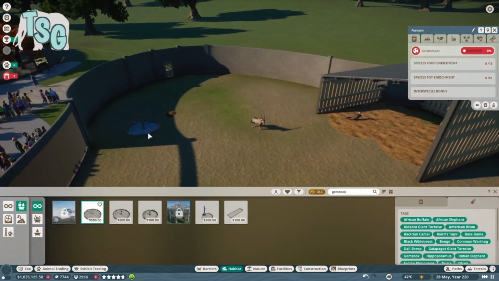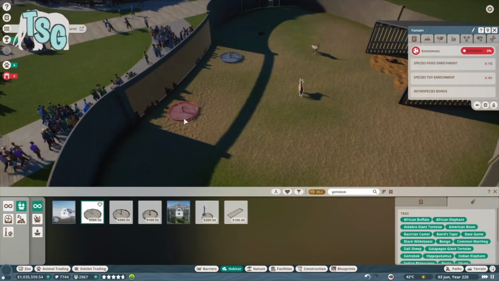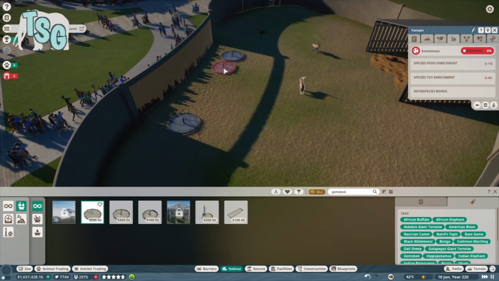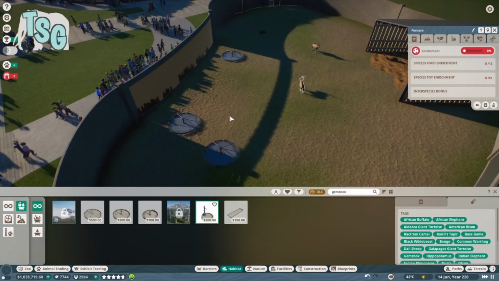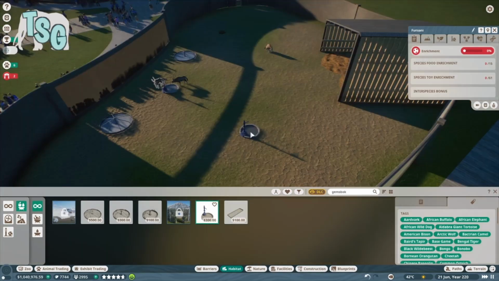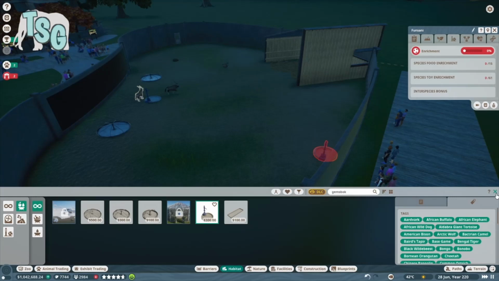So they eat out of food troughs. So we're going to place these in front of this viewing area. It's going to herd them over here. Hopefully people will enjoy watching them eat. And then we'll put a water trough in the center. Or as this game calls it, a water pipe. Which I mean is a little more accurate, but...